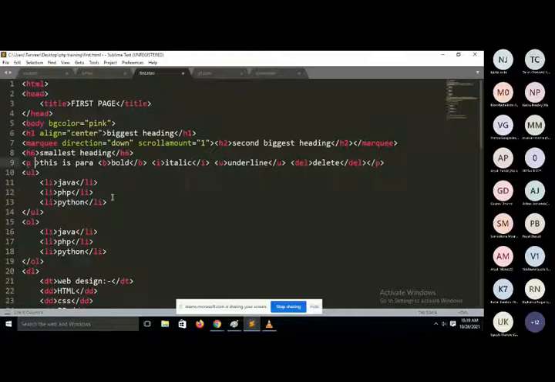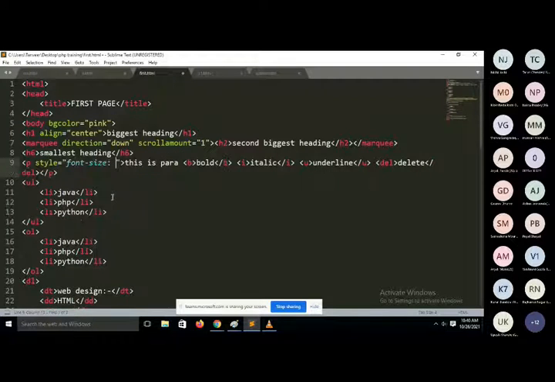It is also used to apply CSS on your web page. So in this case, we will use one more property, that is style. Inside this style, you can style your page, like you can define the color, background color, font size, font family. Fine.